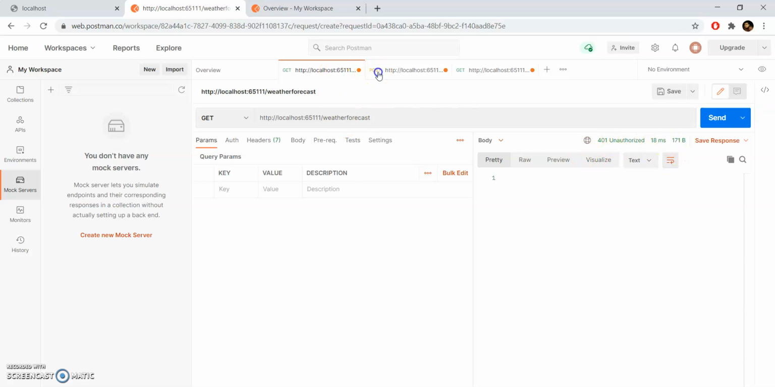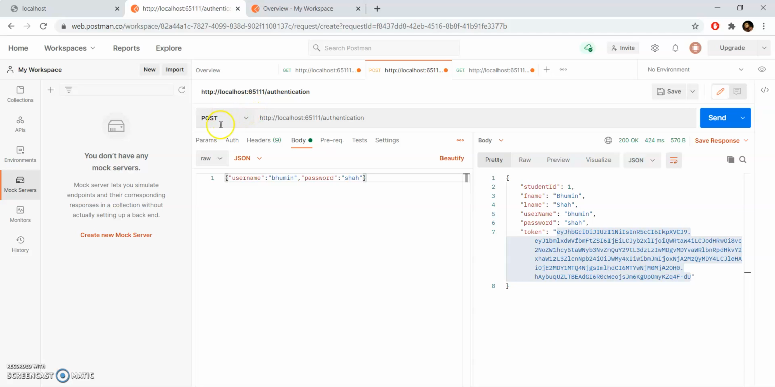So now I use the POST method, copy this link, and then I write authentication. Then click on the body and then raw, and now we use the username Bhumin and the password Shah, and then click on send. Then we get the output. Here we can see the first name Bhumin, last name Shah, username Bhumin, password Shah, and this is the token. So this token we copy it, and